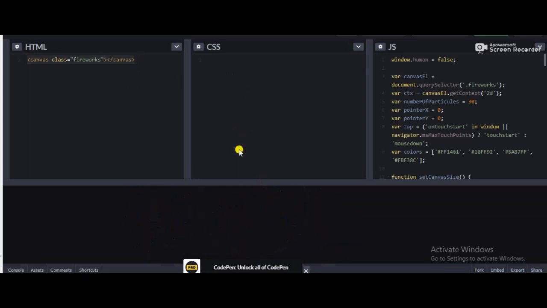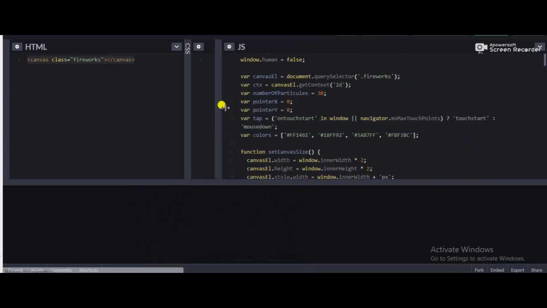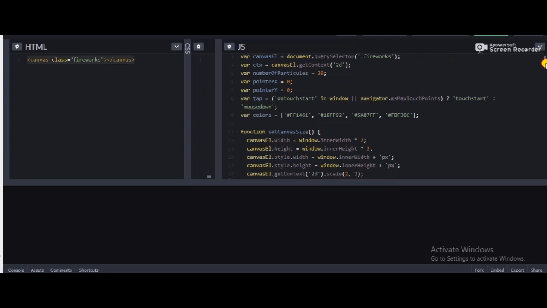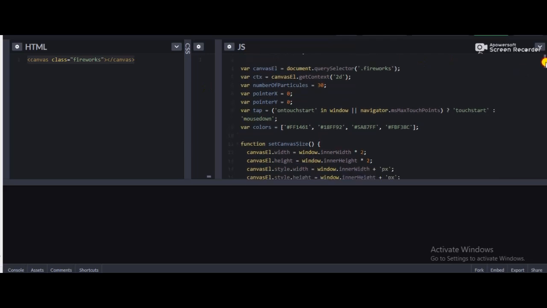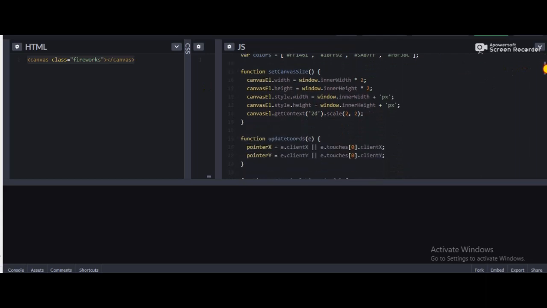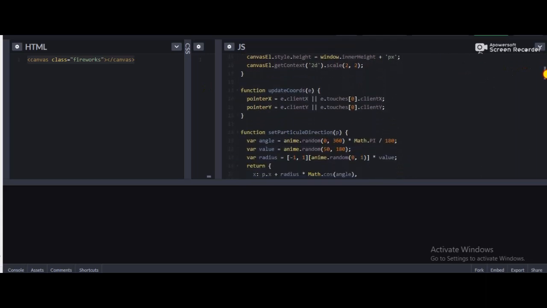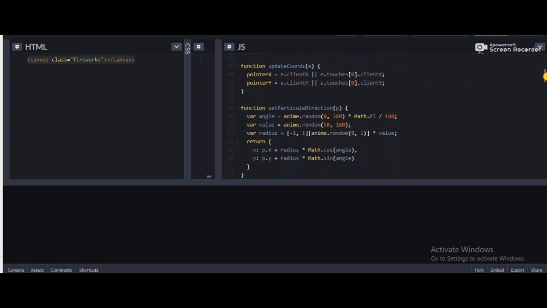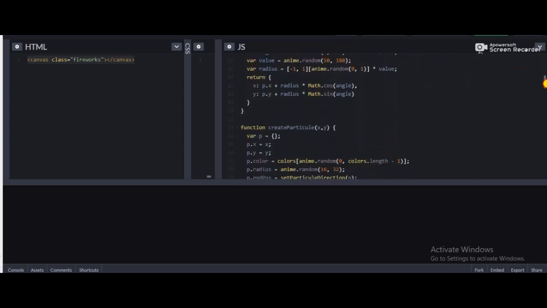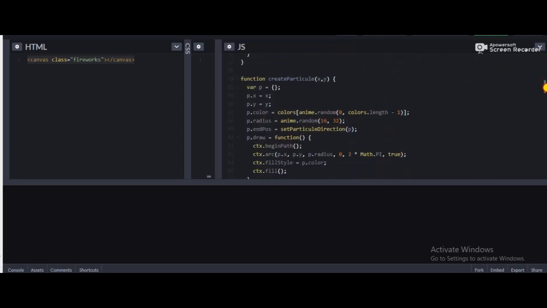What happens if you apply just JavaScript and fireworks, and you need to add the Cloudflare CDN code of anim.js. So this is the window.human false, canvas element and functions, function update coordinates and set particle directions, create particles and create circles.